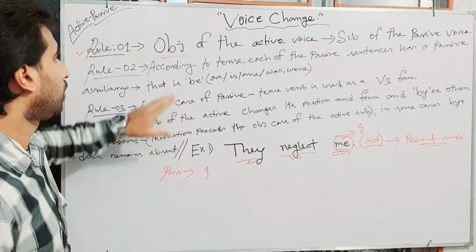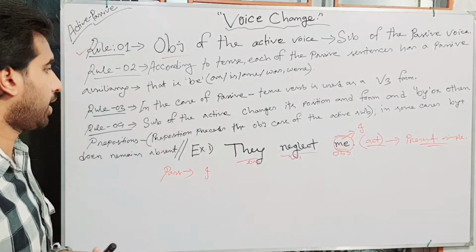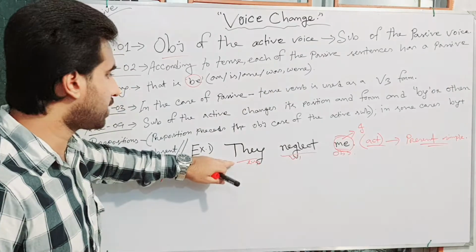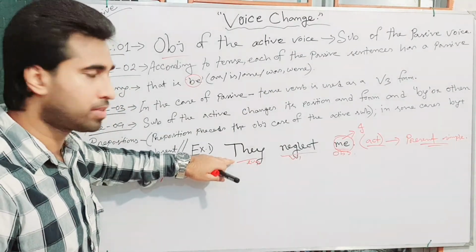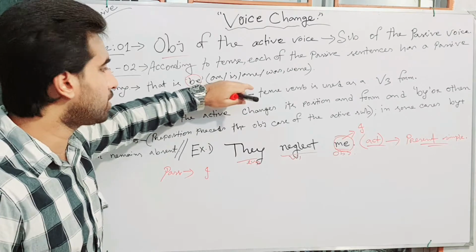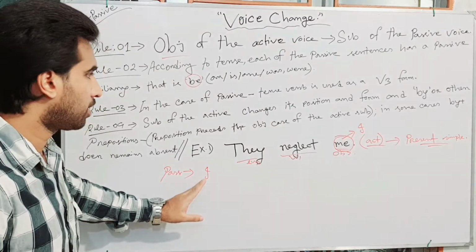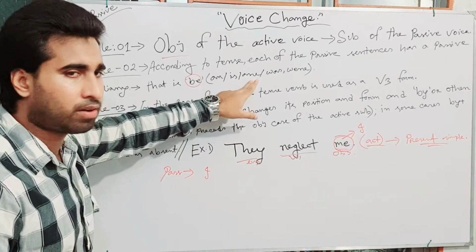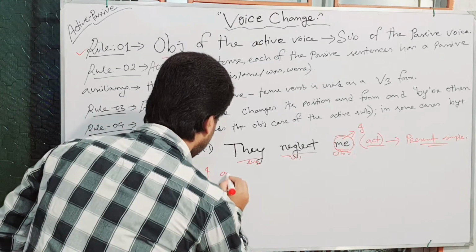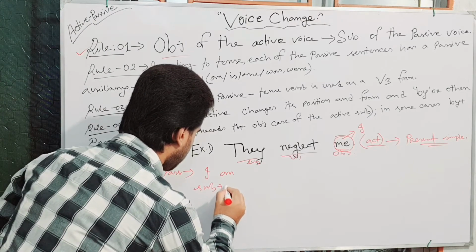So here the passive sentence has a passive auxiliary. We need a passive auxiliary, that is, in the case of be verb, we need am, is, or are. As this sentence is in the present simple tense, we have to take am, is, or are. So we have to think first which one this subject I deserves. I always requires am. So subject plus passive auxiliary plus